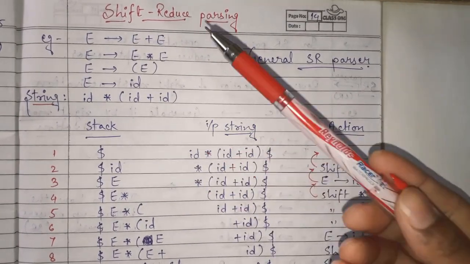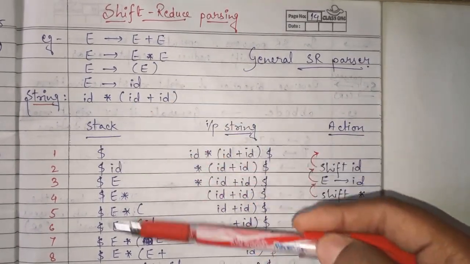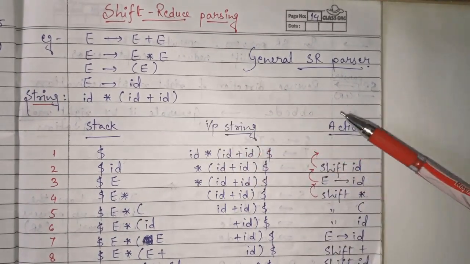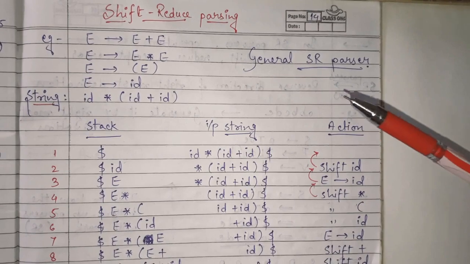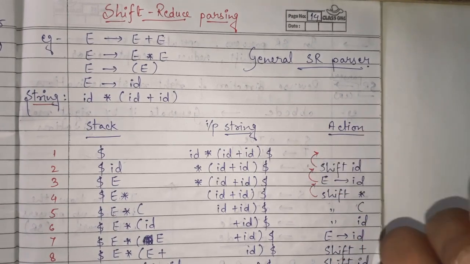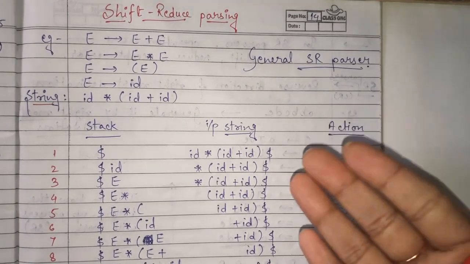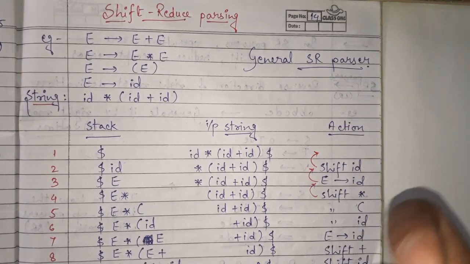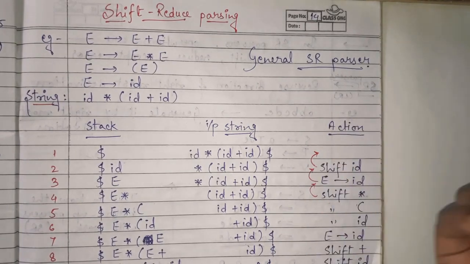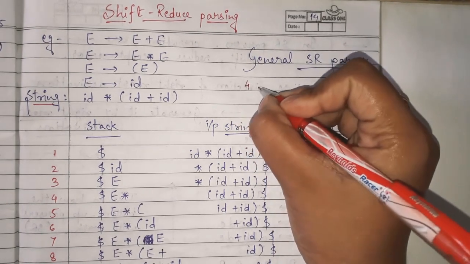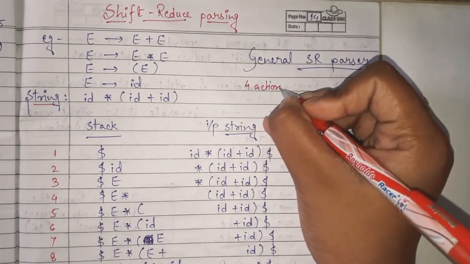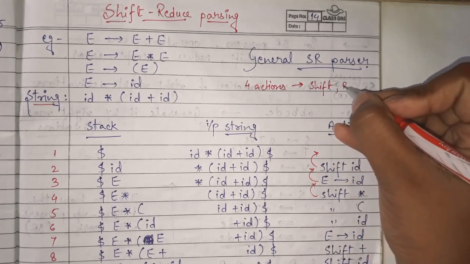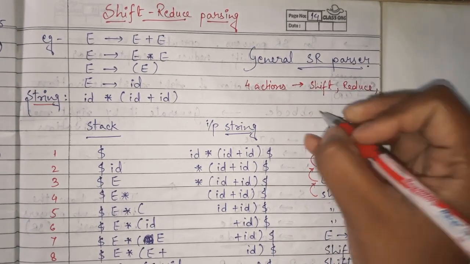Now for that we will be maintaining one stack. We will be maintaining this input string that is given to us, and we will perform actions on it. In action we will be getting four main parts, that is shift, reduce, accept and reject or error. Fine. So the four actions that we will be doing here are shift, reduce, accept